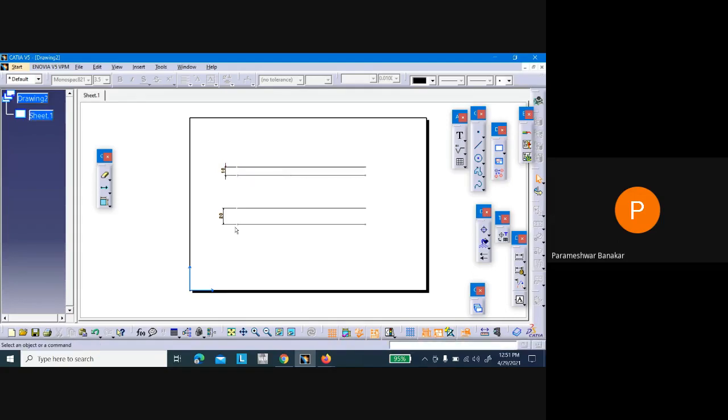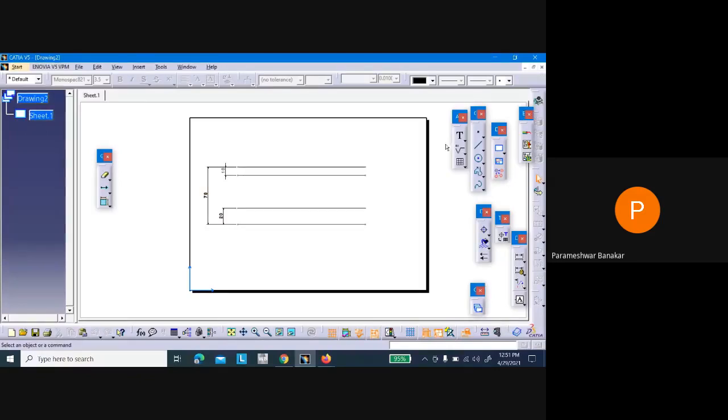This will be your crest part, and this 20 will be your root part. And now the distance between this crest and root, the extreme distance between the crest and root, whatever the number is coming here, that is 70, this is called the depth of the thread, or we can say h.